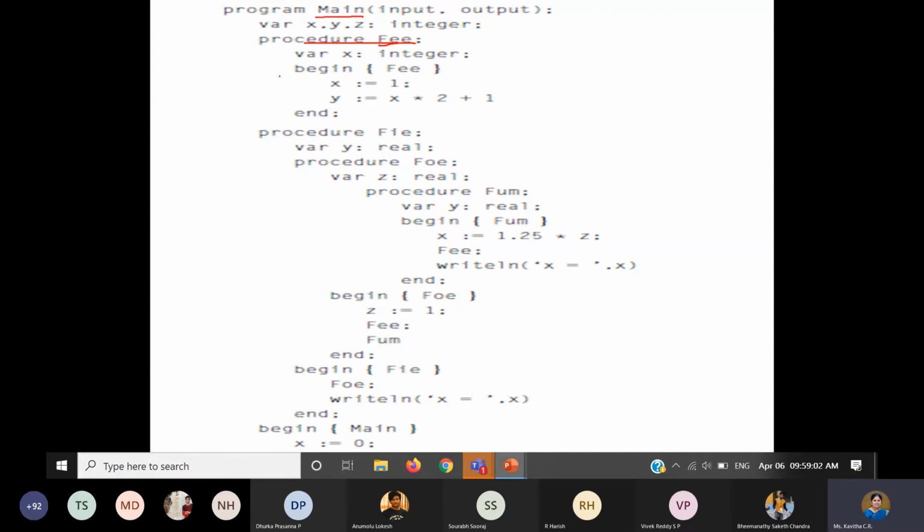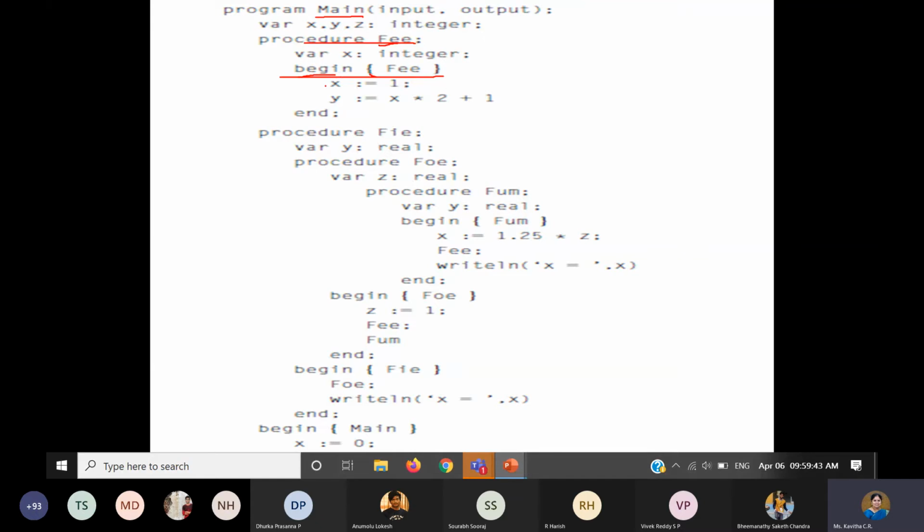So variable x, integer. Now, just as we use curly brackets in C and some more languages, in the Pascal language we use the keywords begin and end to mark the beginning and end of any block. Similarly, for the procedure also, we use begin and end. Like here, if I say begin, and within the curly brackets, which is actually a comment, is the name of the function, fee. So now I am beginning the function definition of P, F-E-E.